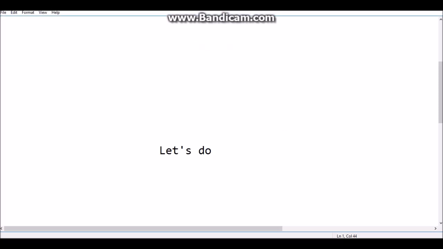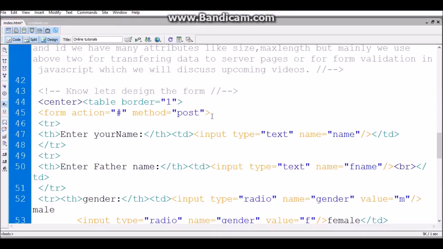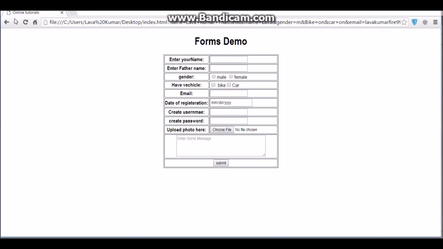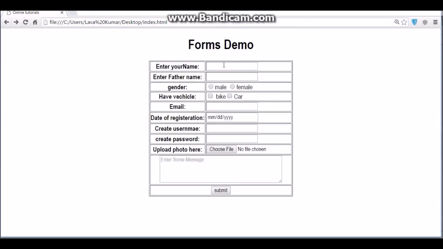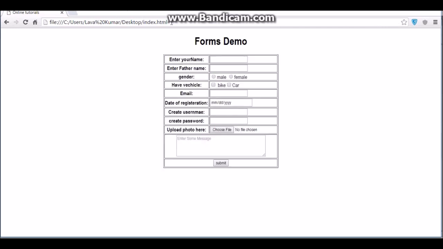Sorry, I didn't save. For timing, I filled only two values. If you click on the submit button, see, it didn't append to the address field. So for sensitive data, you should use only the post method. For normal registration purposes, without any passwords or sensitive data, you can use the get method.